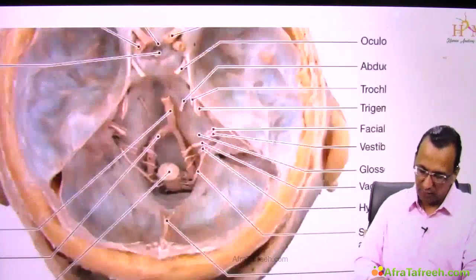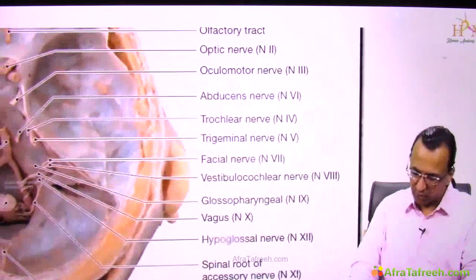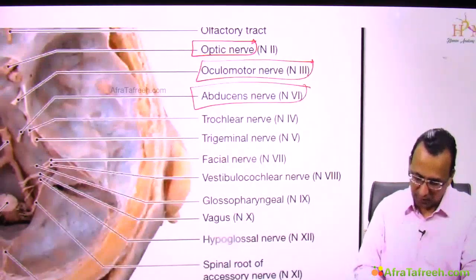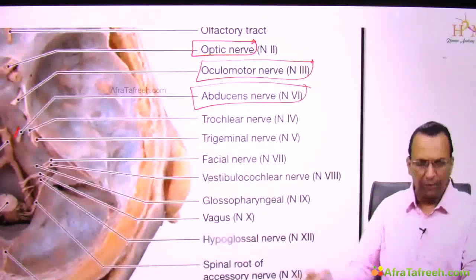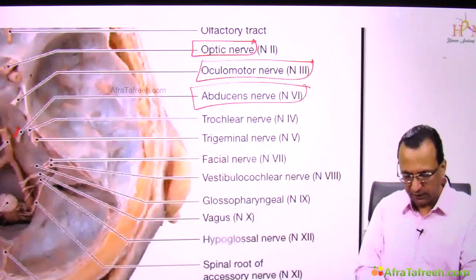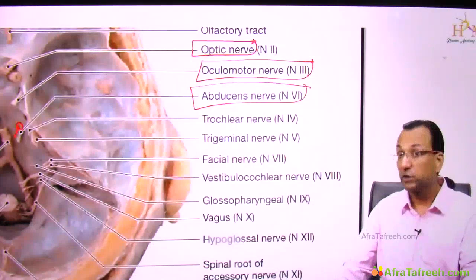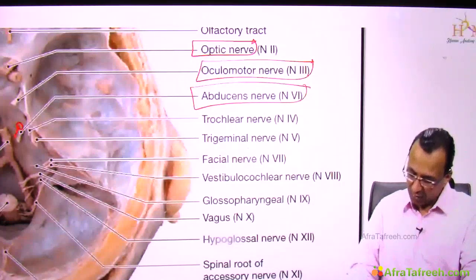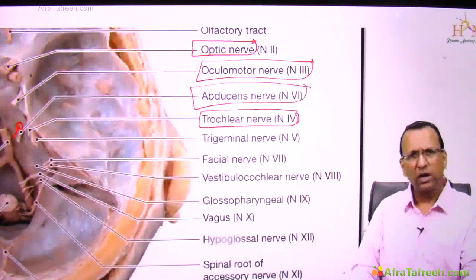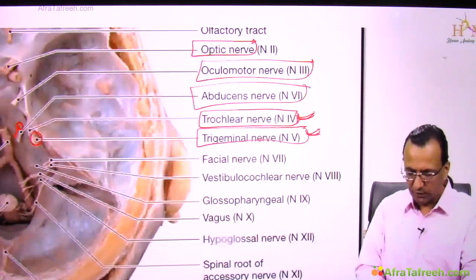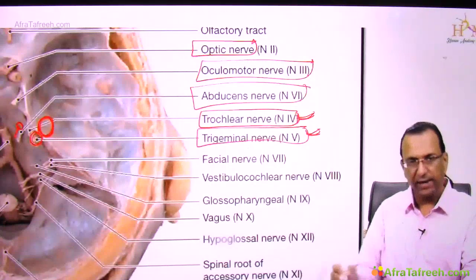You have to be careful about what? About nerves: optic nerve, oculomotor nerve, abducens nerve. One question has already come, abducens nerve, puncturing the dura mater at the posterior cranial fossa, with the longest interdural course. And trochlear nerve, the thinnest cranial nerve. Thickest is trigeminal, forming some ganglion at the floor of the middle cranial fossa.